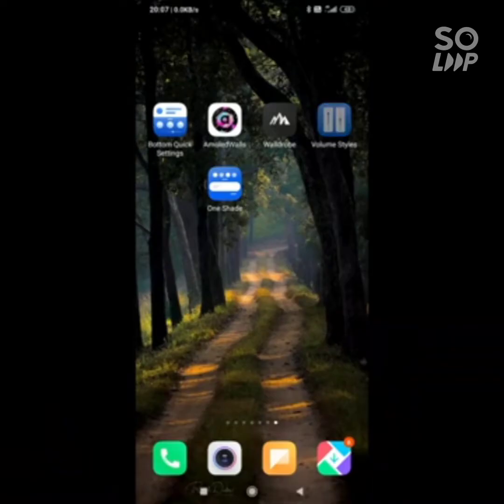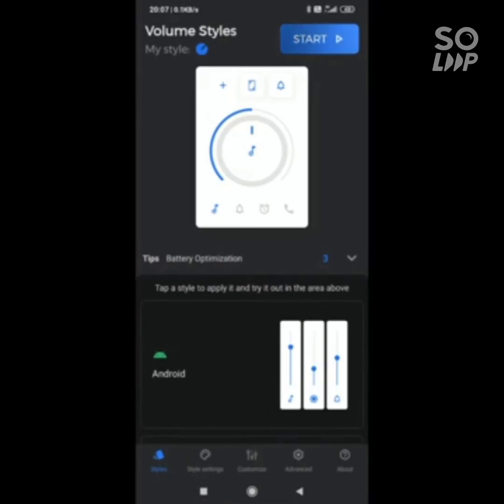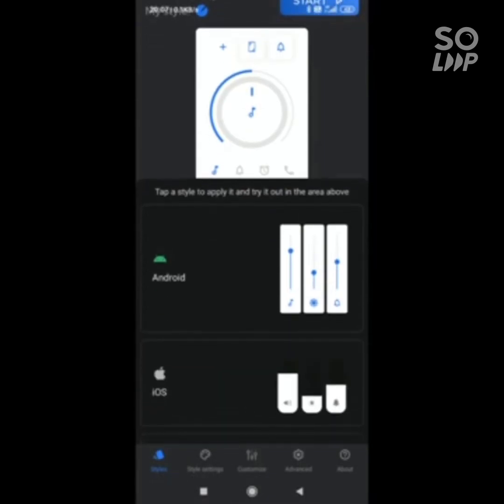We have one more app called Volume Styles. Here you can switch to any mode you want.